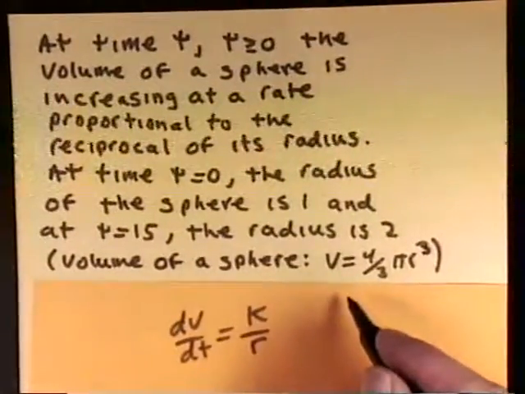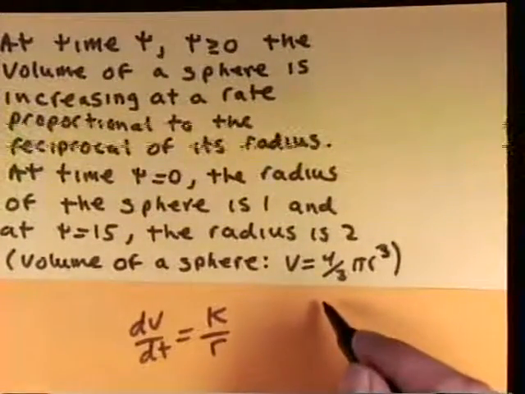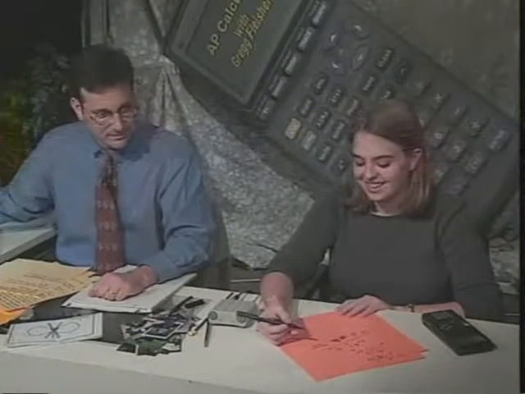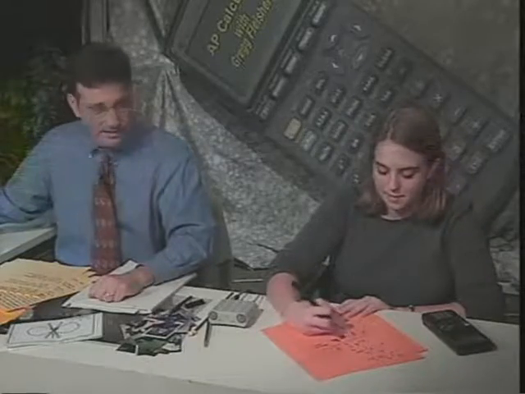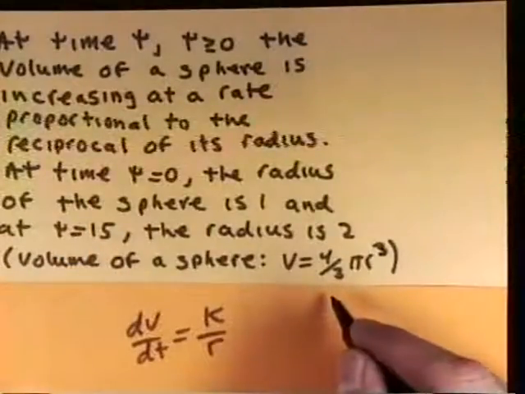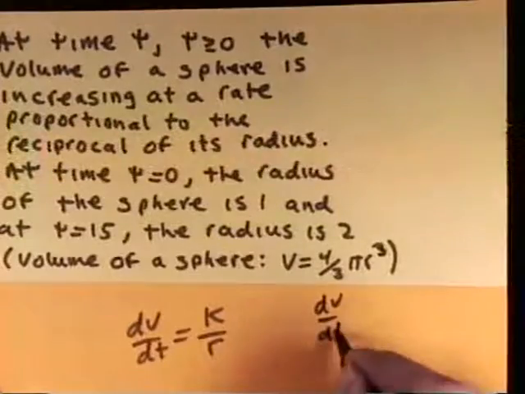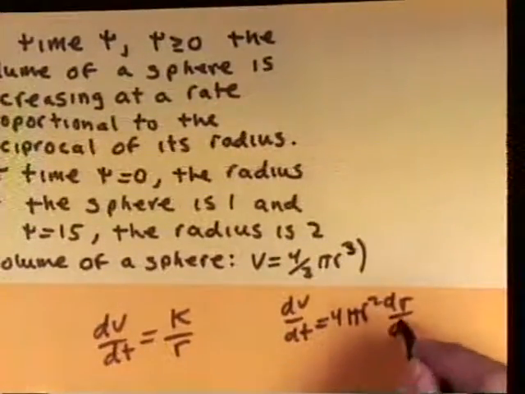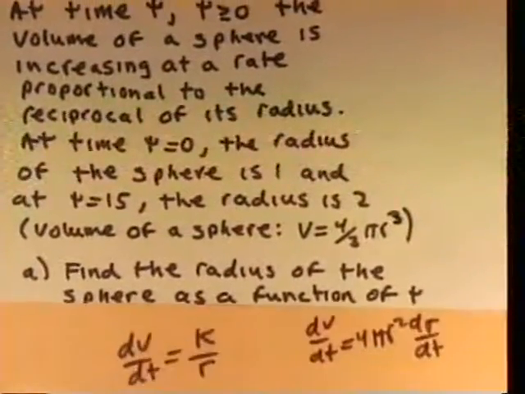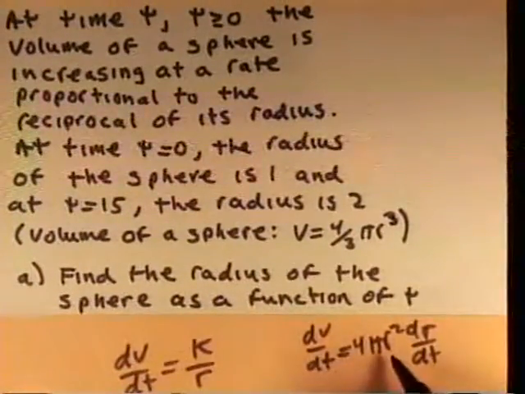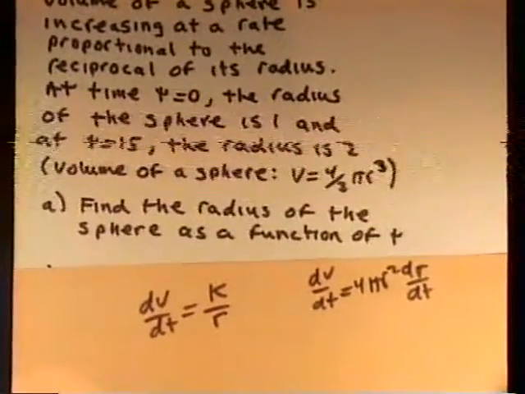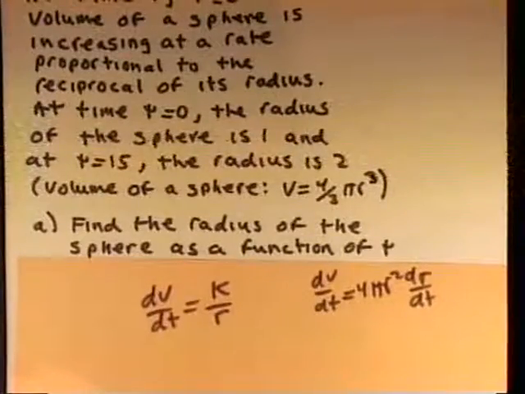But somewhere in the problem, Jane, what is the derivative of V equals 4/3 pi r cubed? 4 pi r squared? No. Right, yes, it's 4 pi r squared times dr/dt. Okay, so dV/dt is equal to 4 pi r squared dr/dt. So somewhere in the problem, I don't know if it's part A or part B, if you just write that down, you're going to earn points. Okay, Jake, I'm going to be quiet and let you finish the problem now. Okay. All right.